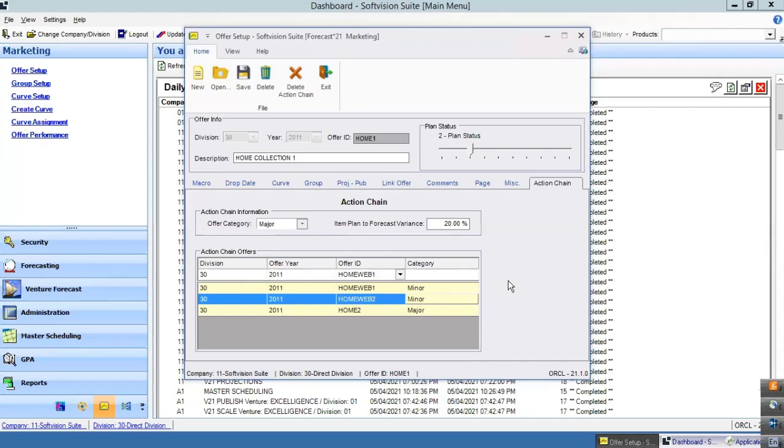So a minor would be more like maybe a prospecting catalog. It's 64 pages. It's not the 96 that your big book is. It could be a focused launch area on the web, for example, or maybe a package insert. Any kind of vehicle that has probably less of an assortment than the main book, but it has the same products. That's typically, in talking with a couple of the clients that are interested in this, how they're classifying